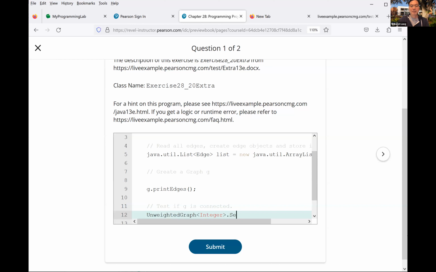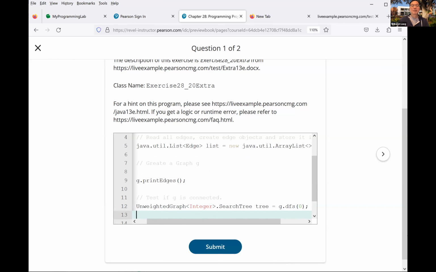You get a search tree here from G.dfs, starting from any vertex. Let's start from 0, and now just see if the number of vertices in this tree, tree.getNumberOfVertices,